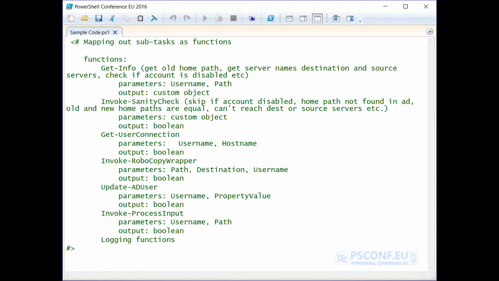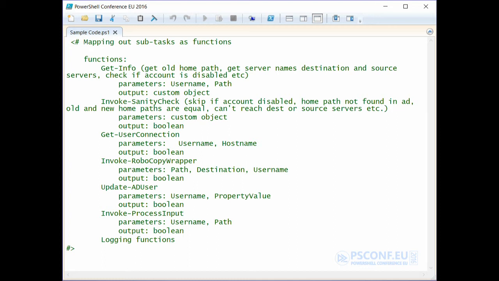So what we decided to do is that we have a function called getInfo. Our idea was that before we start, we just have one function that collects all the information that we would need later in our script. Because we needed to read stuff from Active Directory, and we need to check for active users and stuff like that. Now that's actually a separate one under there.